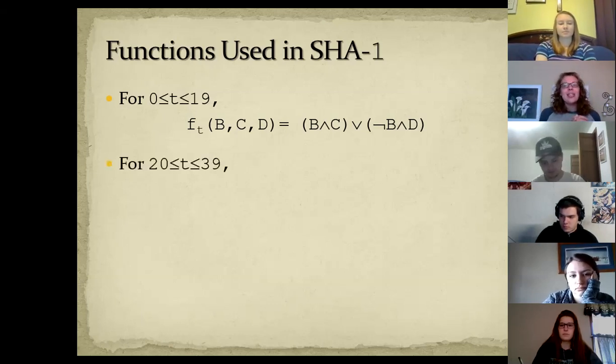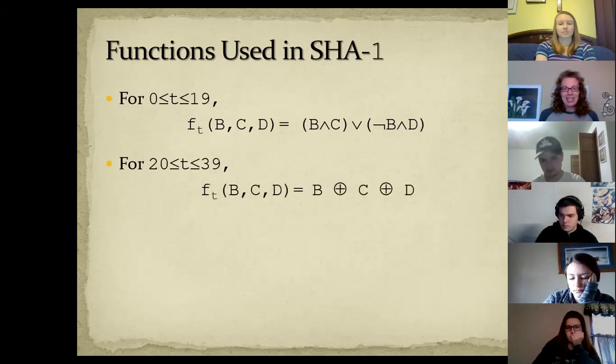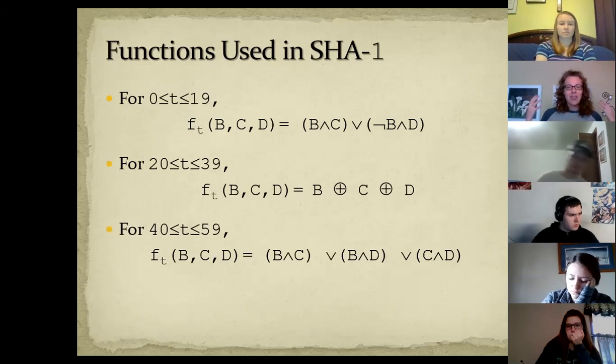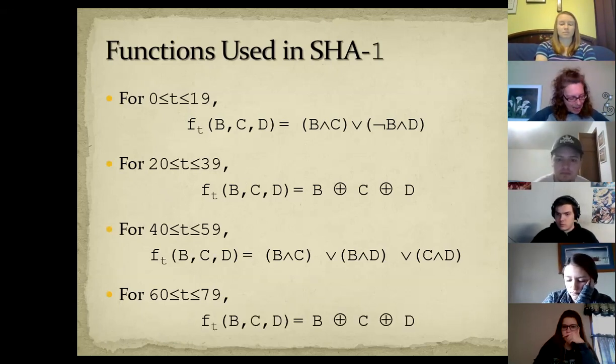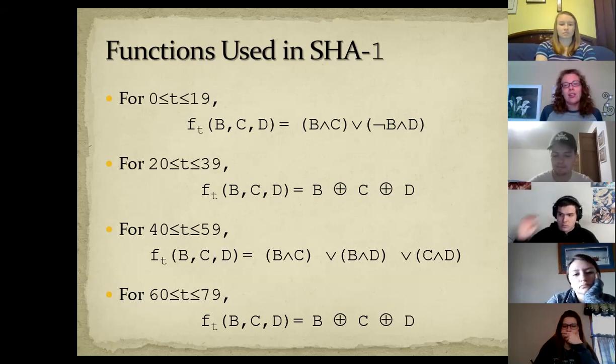If T is between 20 and 39, we've got this function here. Takes as input 3 things, output something. So that one's a little bit less messy with exclusive ORs. If T is between 40 and 59, we've got this function going on here. There's an extra space in there that doesn't mean anything. It's the same idea, I just got some extra spaces in there. If T is between 60 and 79, then we're back to the same function that we had for between 20 and 39. So those two functions are the same.